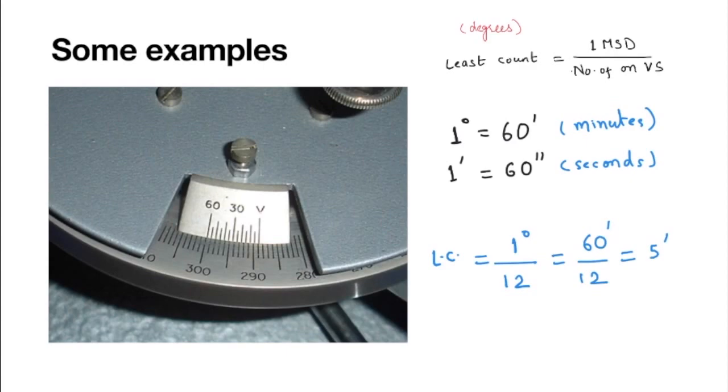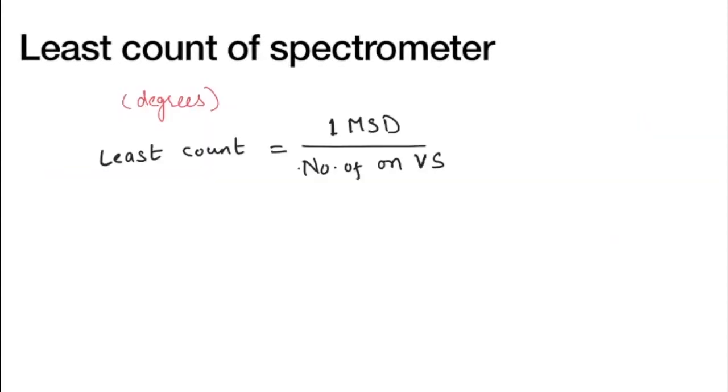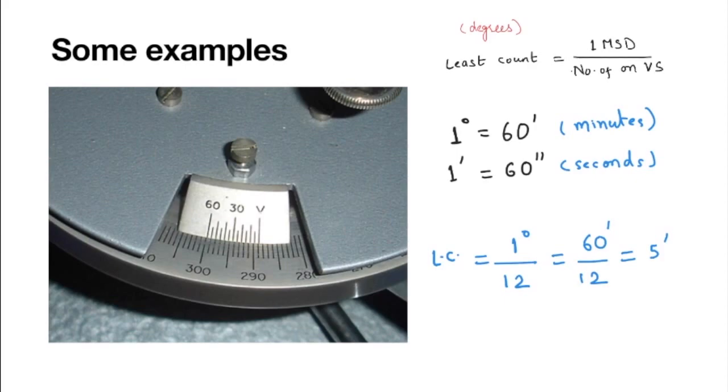So our total reading we write as, let us write here only, the total reading is given by main scale reading plus vernier scale reading multiplied by least count. Let us apply that here. Main scale reading is the one which is crossed by vernier 0. So it has definitely crossed this one but not this one. So that would be